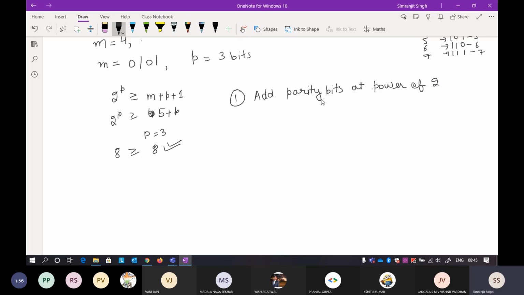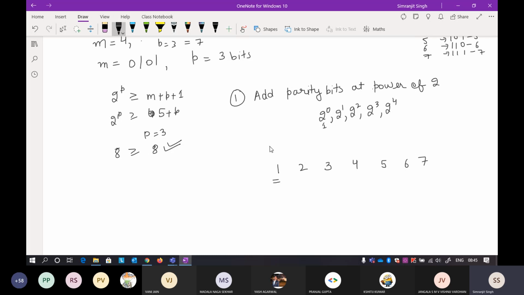It means that you have to add these parity bits at 2 raised to power 0, 2 raised to power 1, 2 raised to power 2, 2 raised to power 3, whichever is possible here. So you always add parity bits at the powers of 2. Okay, so suppose there are 4 bits for message and 3 parity bits, so the total will be 7 bits. If I write like this, 1 2 3 4 5 6 and 7 bits, so the first parity bit will be at 2 raised to power 0, which is 1.